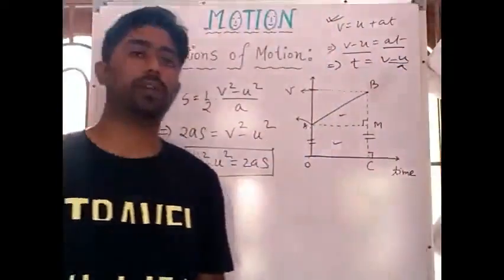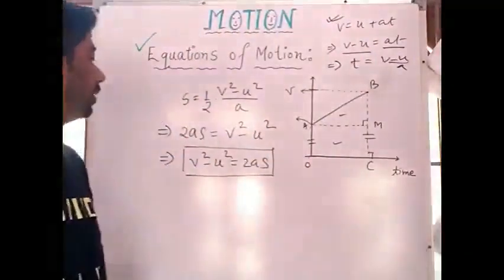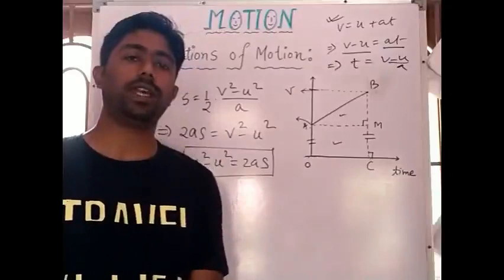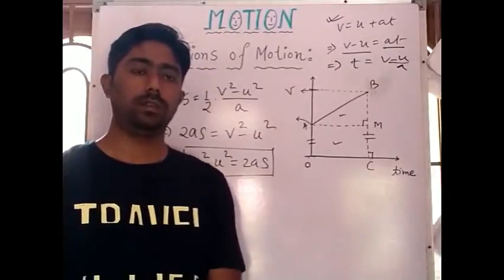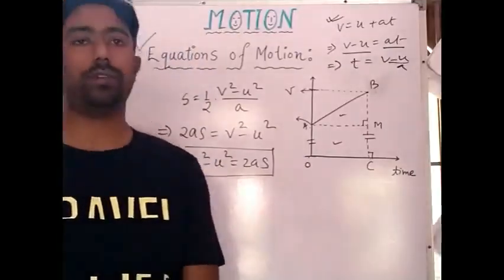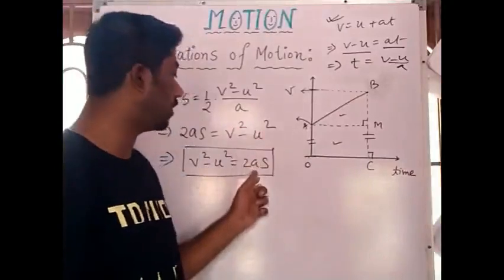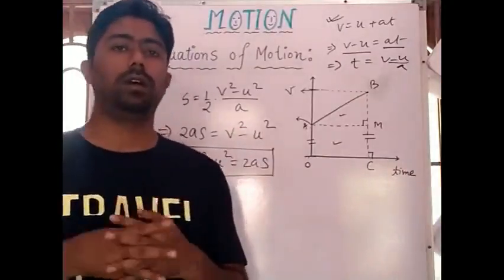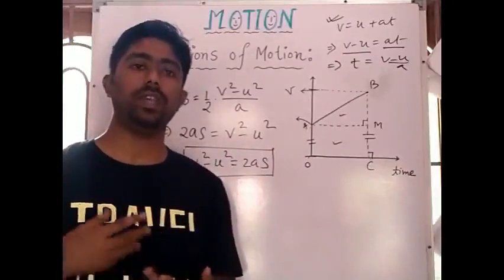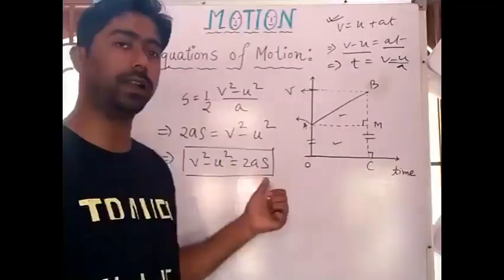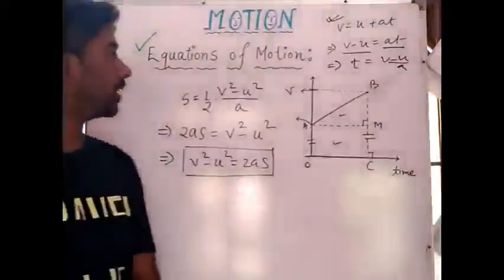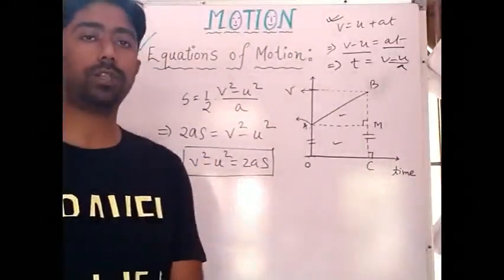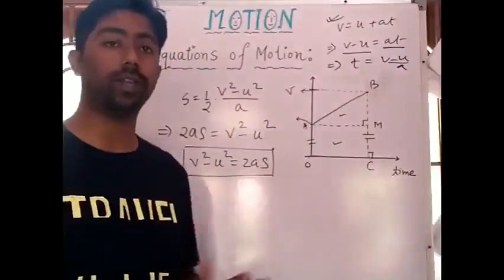Now the question is, when to use these equations? These equations are to be used when you are dealing with the case of uniform acceleration. You cannot use them everywhere. These equations are true for uniform acceleration case only, when value of a is constant. If in some question you are observing that a is changing, then you cannot use them directly. There is a different way of doing that in that case. So these are the three derivations of equations of motion by using graphical method. This method is known as graphical method.